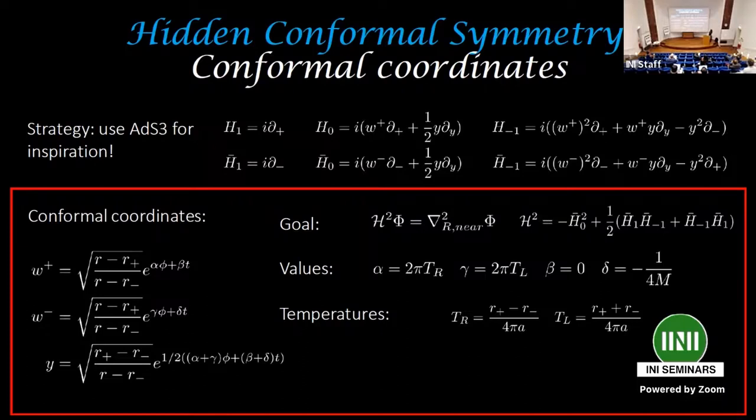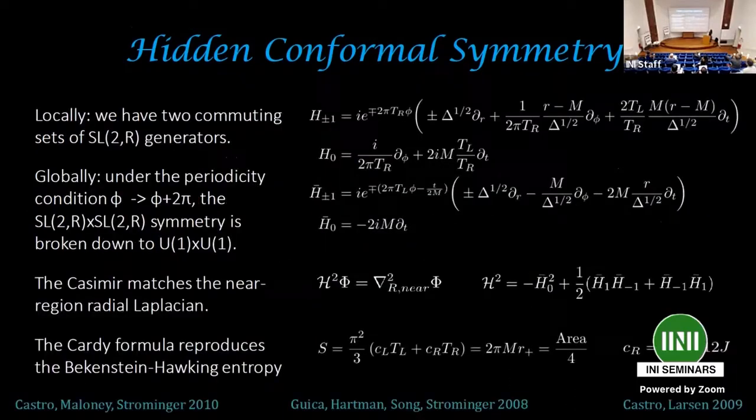I can do that, and if I do, I find what these values are for Kerr. You find that these two phi directions are related to the left and right temperatures of Kerr. You can take this almost as a definition for what the left and right temperatures are. Okay, and they're given here. And so you get these parameters. That's okay. But the main point is that, with those in mind,